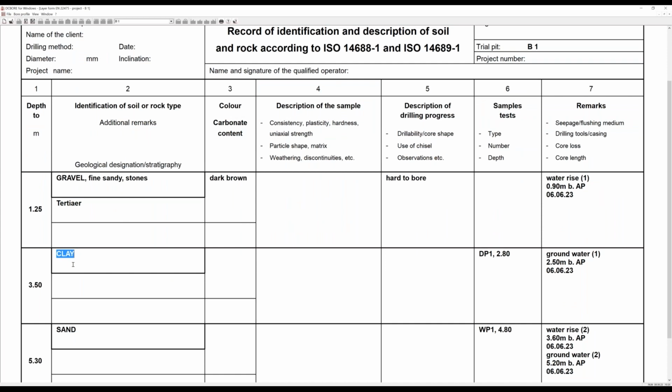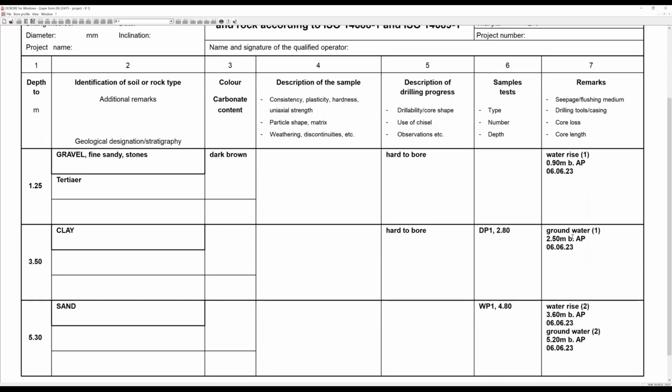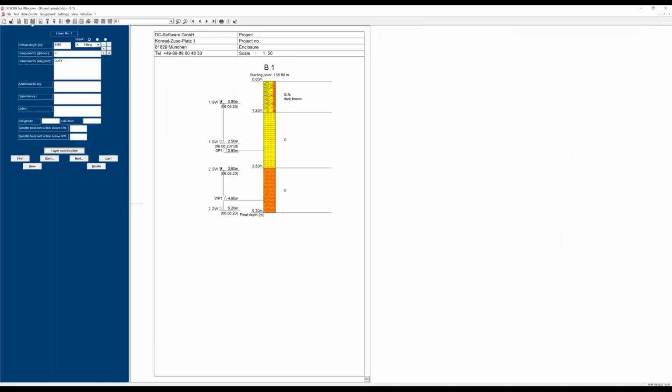in the dialog. And we can just switch through this form and add any data that we might need here. Here again, hard to bore, for example. And all the probes, water levels, and so on are filled automatically from the input window to this form. So this is the information